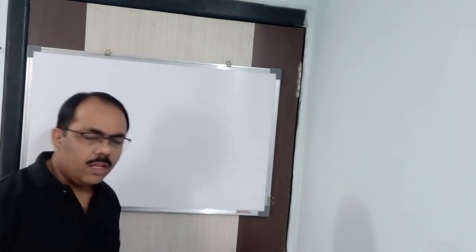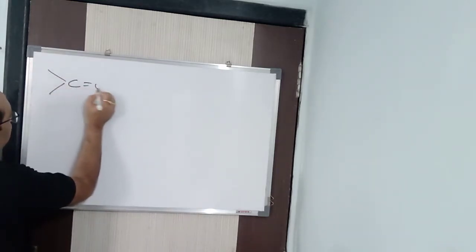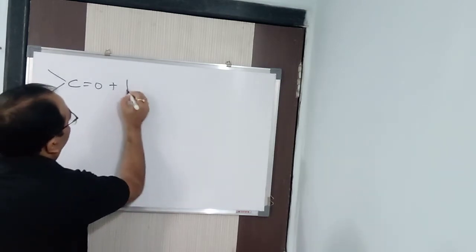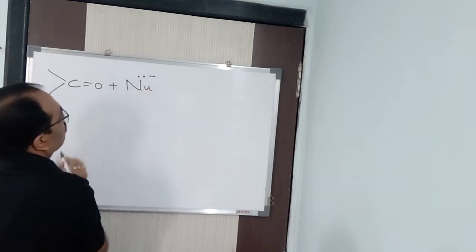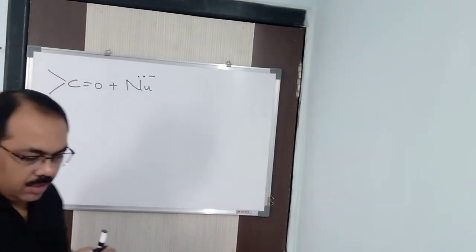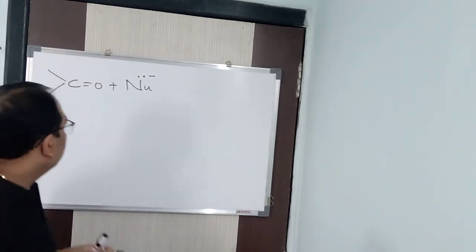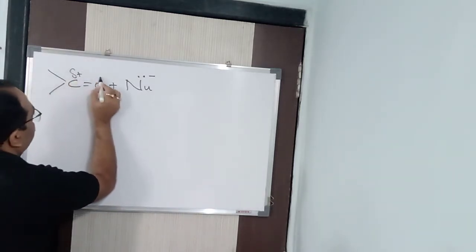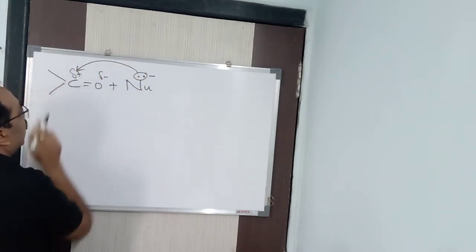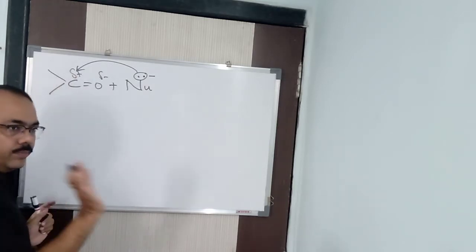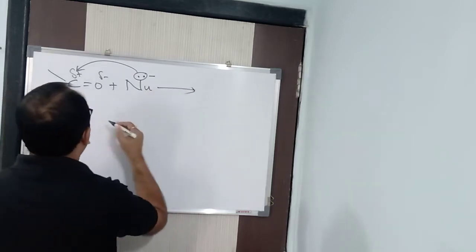Next, suppose we take a carbonyl group here, and we take a nucleophile, let us write it as Nu with a lone pair, which means minus. A negatively charged species, or a neutral species also having excess of electrons. Here we find carbon positive and oxygen negative. So this pair of electrons will definitely attack this particular carbon, because it is delta plus. Apply common sense: this has excess electrons, so it will attack this.